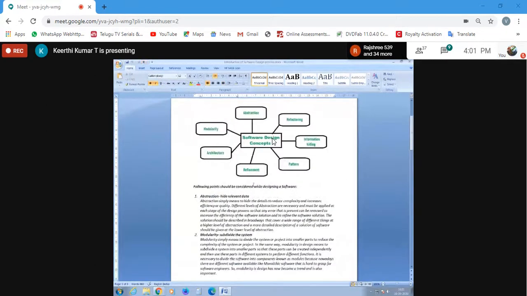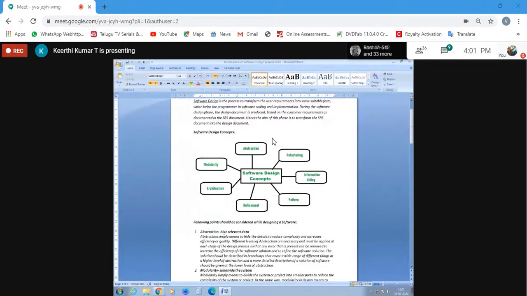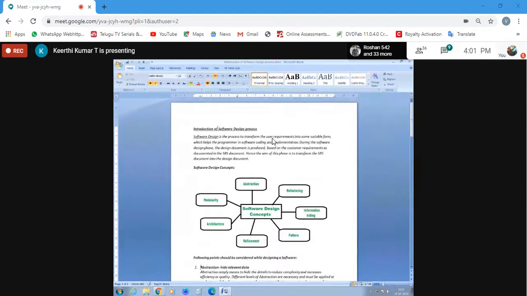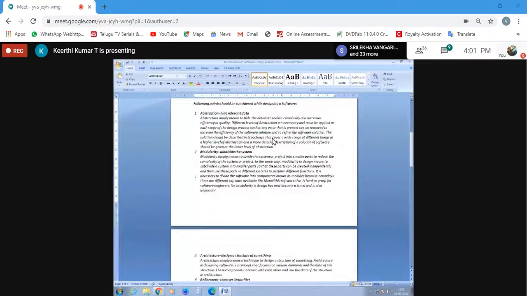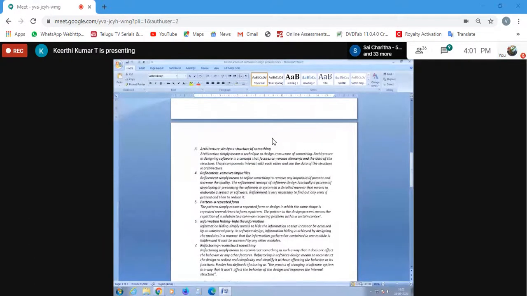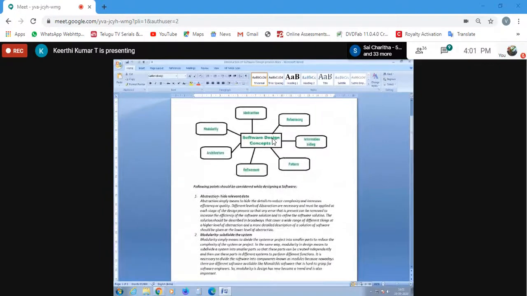Okay. So what I want you guys to do is, I don't want you to take any notes for now, but I want you to write this definition, what is software design, as well as take this diagram. And this whole data I'm going to give you again, probably in the next class, I will give you all this information and ask you to write this whole data.